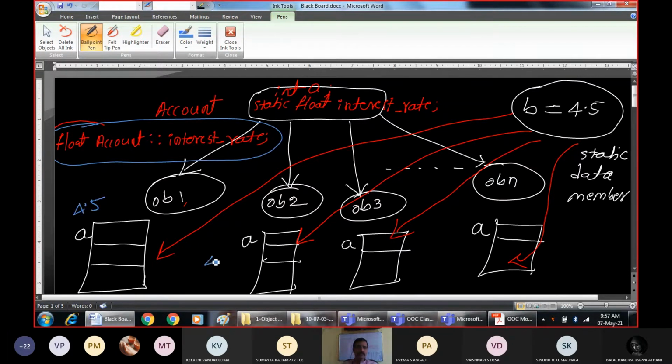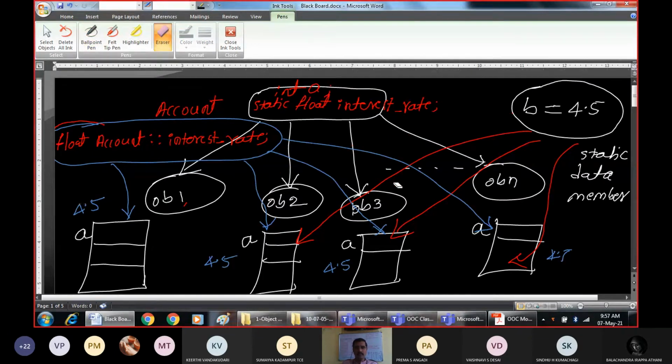Object 2 will assume 4.5. Object 3 will assume 4.5. That means this static data member will be accessible across all the objects.